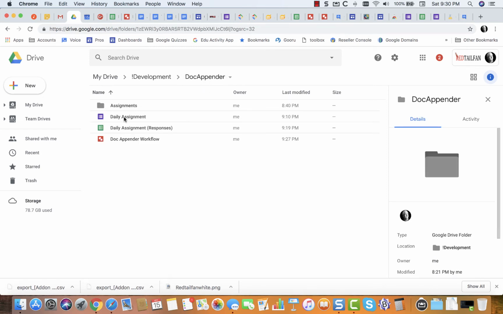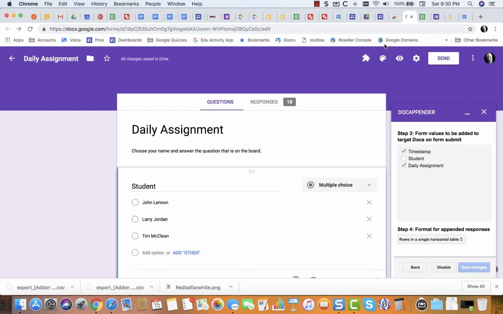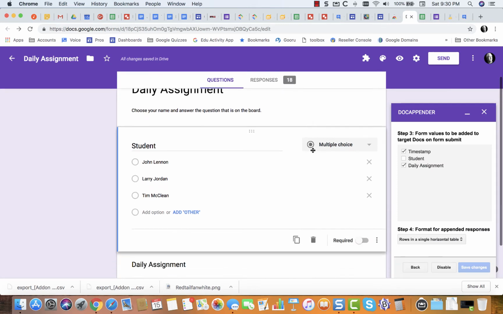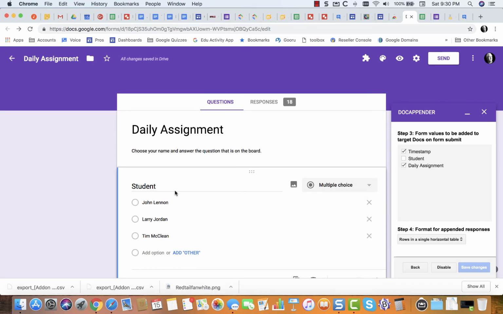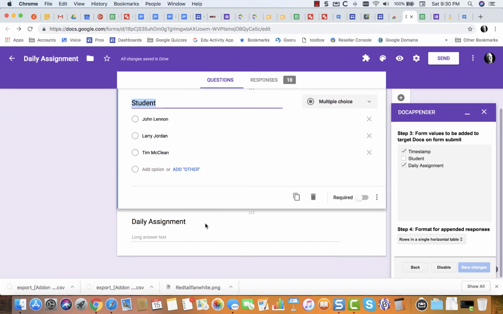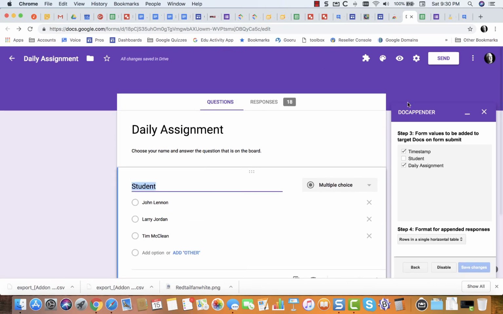And then I created the actual form, and in my case, it's a pretty simple form. I just had a student multiple choice list and then a daily assignment list because we have a timestamp on here. And then I ran the docappender